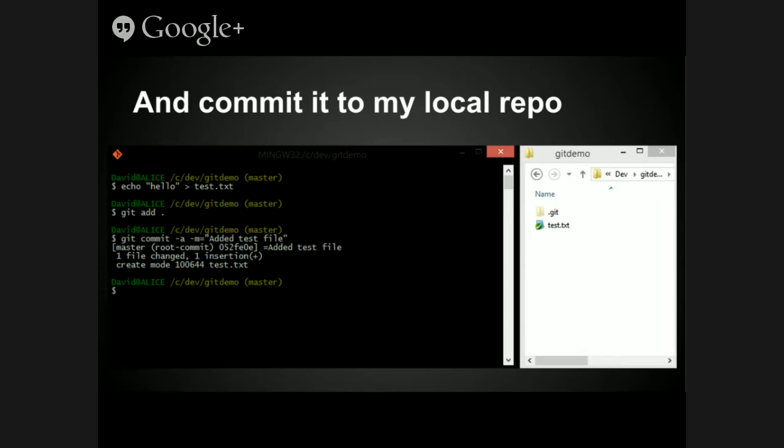And what that does is, if you notice on the screen, it's committed to the branch master, which you can see as the branch specification in the command prompt, and then where I have committed, it tells you that I've committed to master with the message 'added test file'. One file has been changed, one file has been inserted, and it's created a file. Great. So now we've got a file, and it's been added to the index, and then it's been committed. So that's the two-phase commit that I was describing.